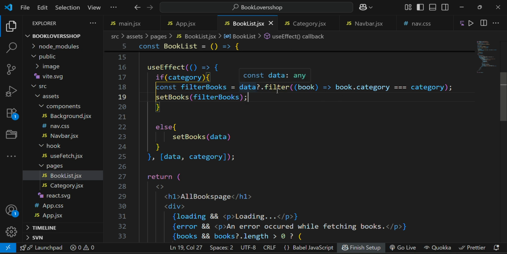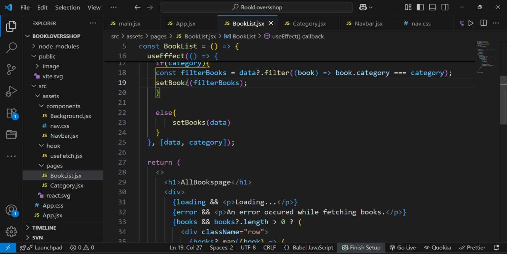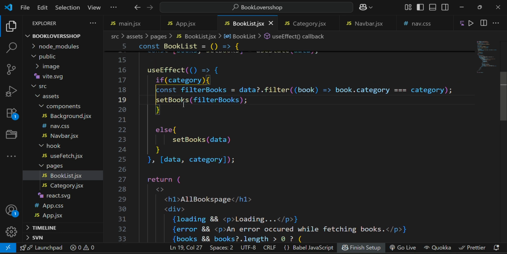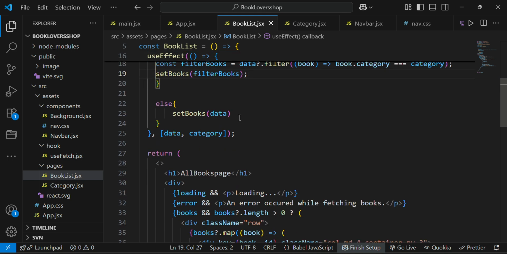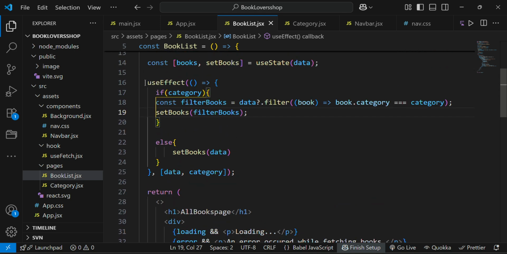If data.filter, so from the data, the category we get will be compared to the category we get from the category component. So it will set the books state as filtered books.